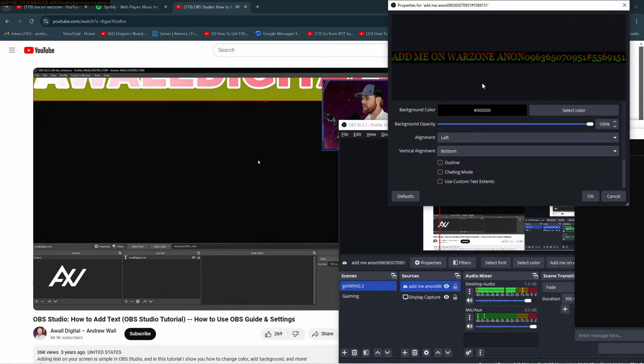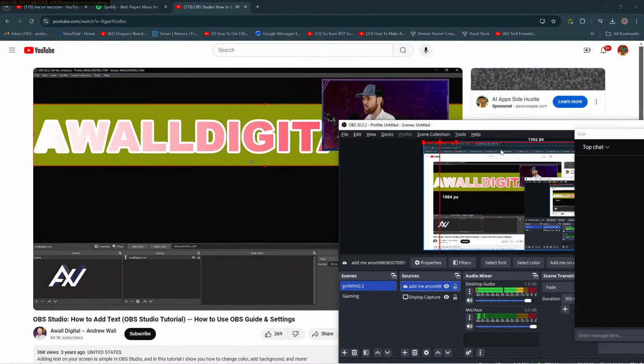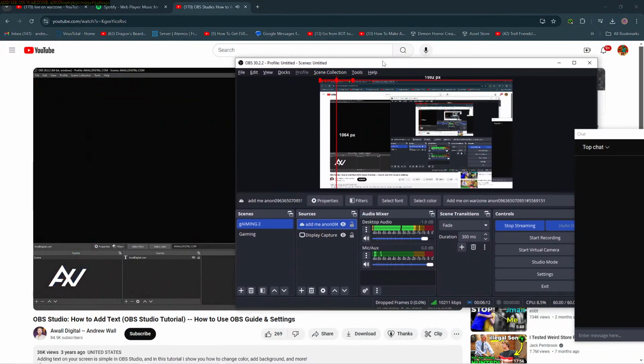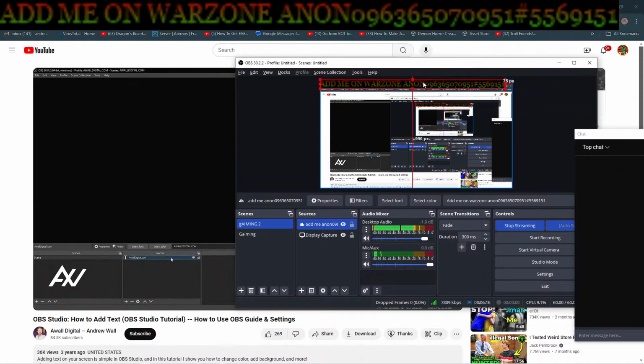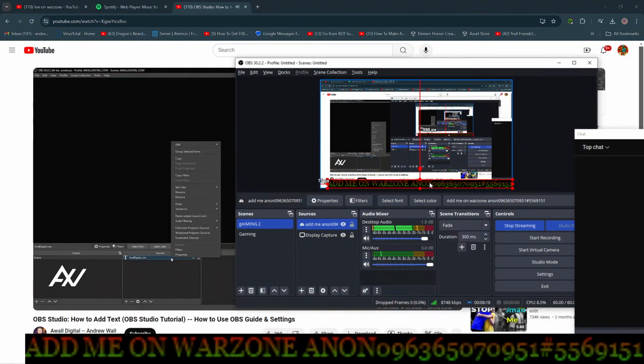Once you hit OK, you can take your text and place it wherever you want in your project, resizing it, putting it into the corner, whatever you want. And oh, if it disappears, what happened to my text? Right click under sources,